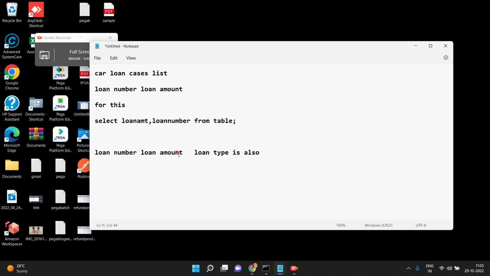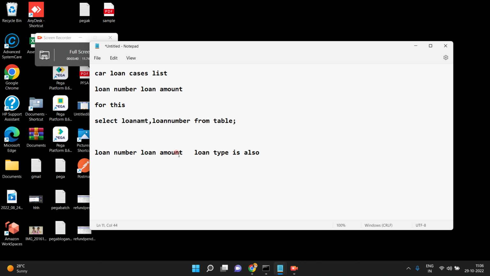You want to create a loan type column, and update it in the database table for the existing cases using the loan amount, by creating some utility. Anyhow, for new cases the data will be saved. For existing cases, you can create a one time utility to update the loan type. That is your wish. I don't have any concern about how your LSA is going to be designed, etc. But my requirement in this case is